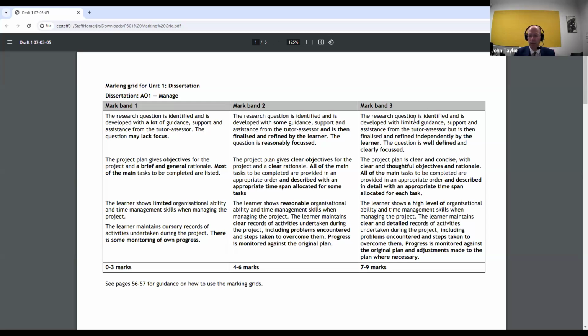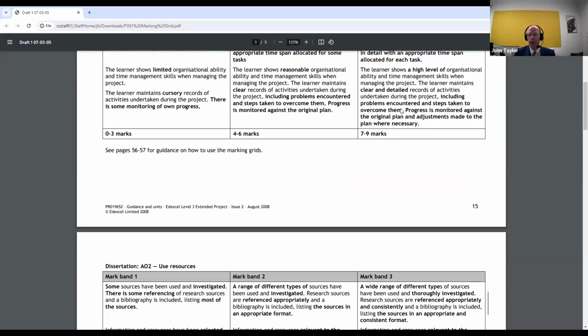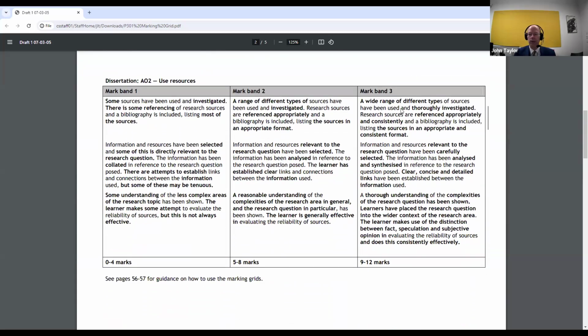Have they met with problems? How have they solved them? What adjustments are they making as they go? It should be letting us in on the journey of ideas as well as the journey of activities. So that's AO1, the management of the project. AO2, use of resources. You'll see again, there's a few areas here that the criteria fall into. First of all, range of research,